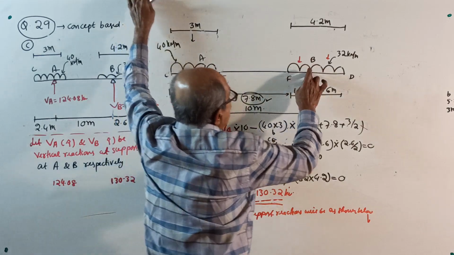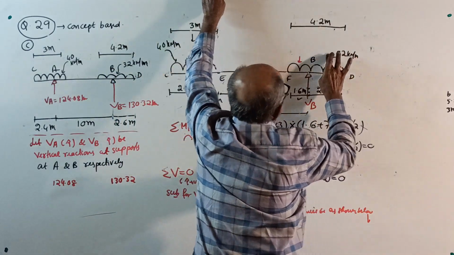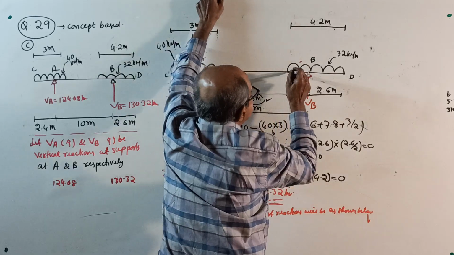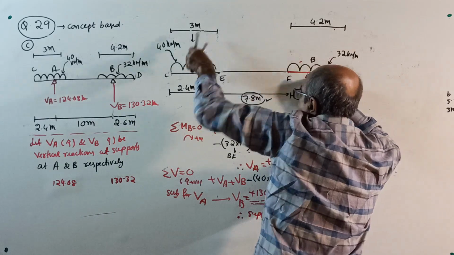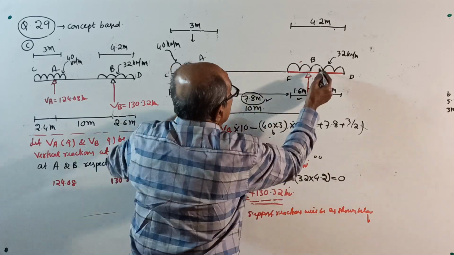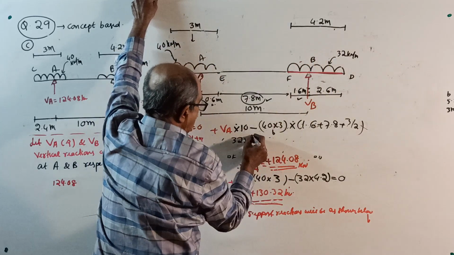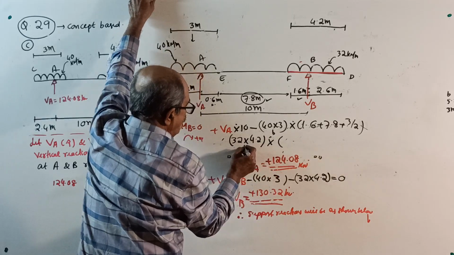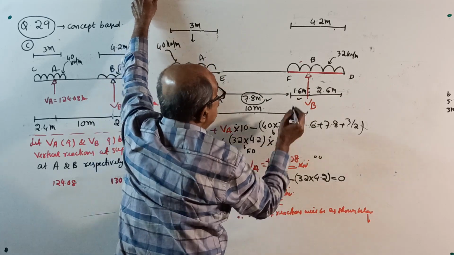Now make a note. When you took moment about B, I told this UDL no problem. Here, problem. Or you take the complete UDL in a single stretch. Okay, then this all will remain same, but this will change. See, this will change. Here, 32 into 4.2 is the total load. Multiplied, this is the total downward load, full load from F to D, into